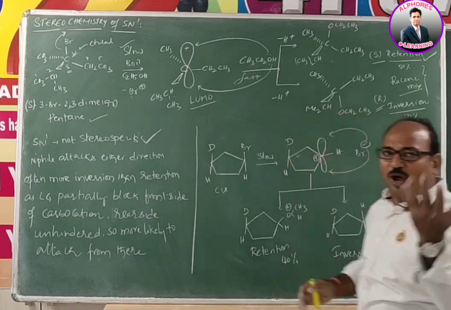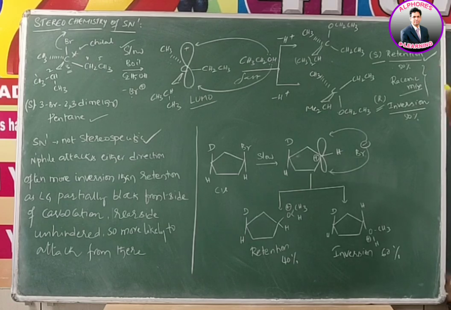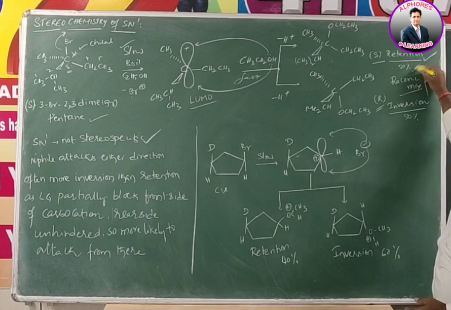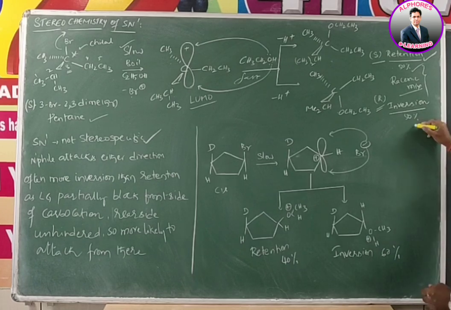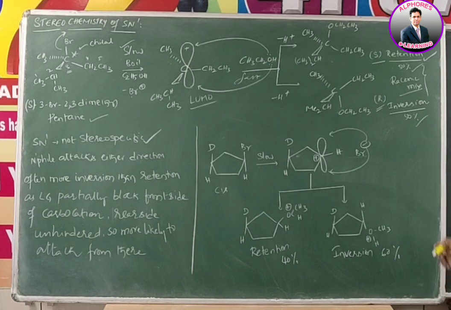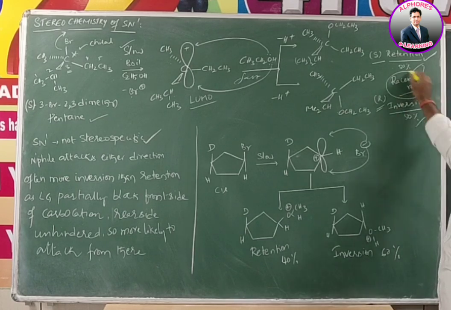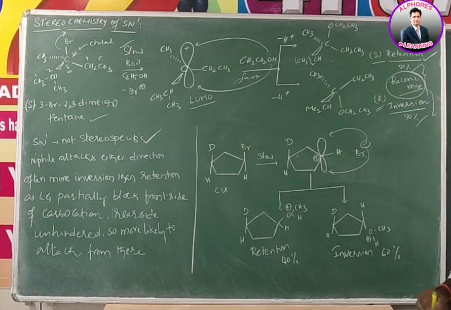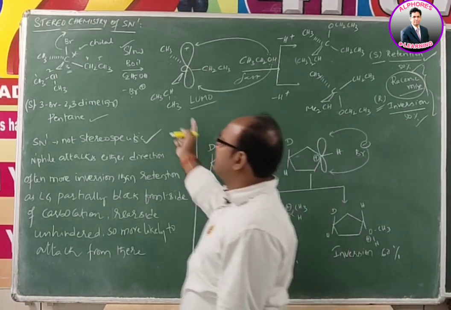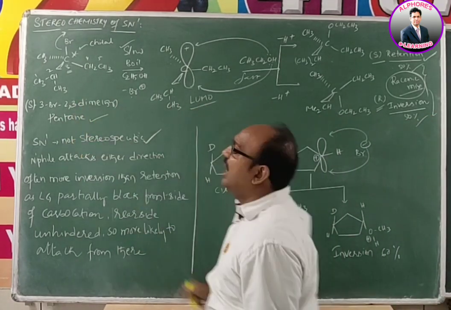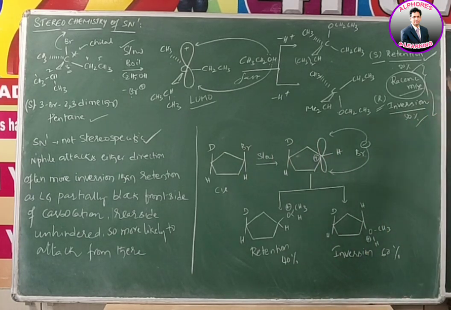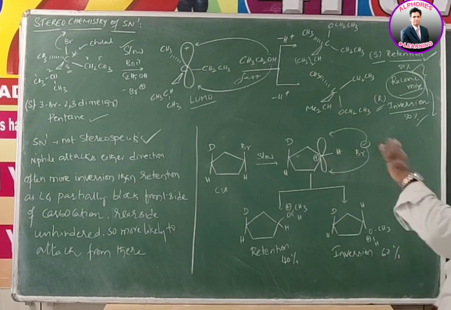If it remains the same, then what are we expecting? Equal possibility of retention and inversion. In such a case, we can explain 50% product of retention and 50% product of inversion. A 1:1 ratio, or 50-50 equimolar concentration of retention and inversion products, is called a racemic mixture. As we know, a racemic mixture is optically inactive. So if we consider an optically active isomer, the ultimate product we expect is an optically inactive mixture of retention and inversion. If this happens clearly, then our explanation is clear.